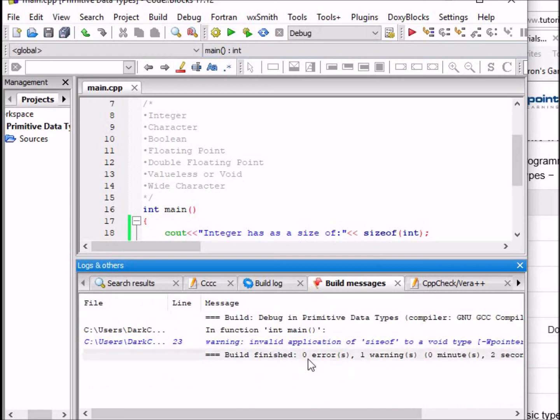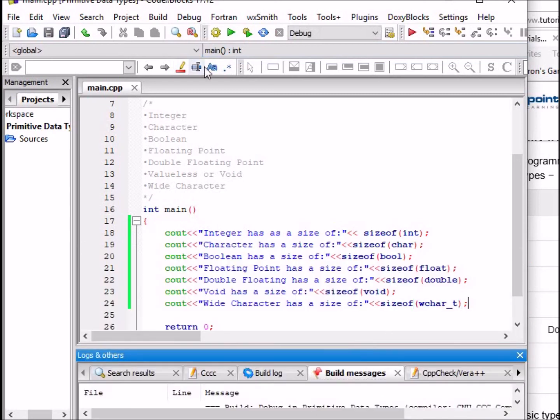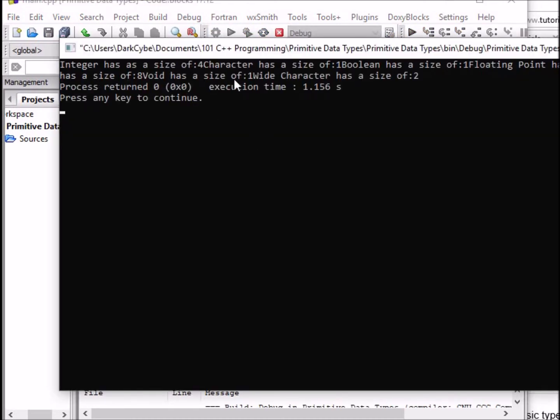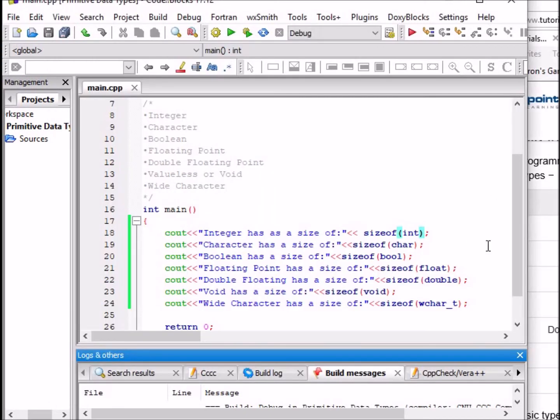And it says we have no errors now, but it gives us a warning because we had an error before, and we believe that this should fix the error. But here, when we run the program, it'll run it as one particular line. You see, you have integers, and it says the size of this, and some spaces. All right, okay, so we've compiled the program, and there are other ways of making the